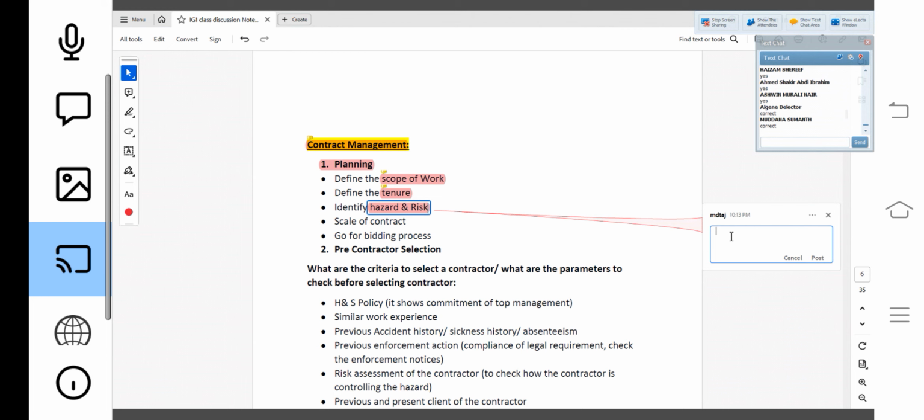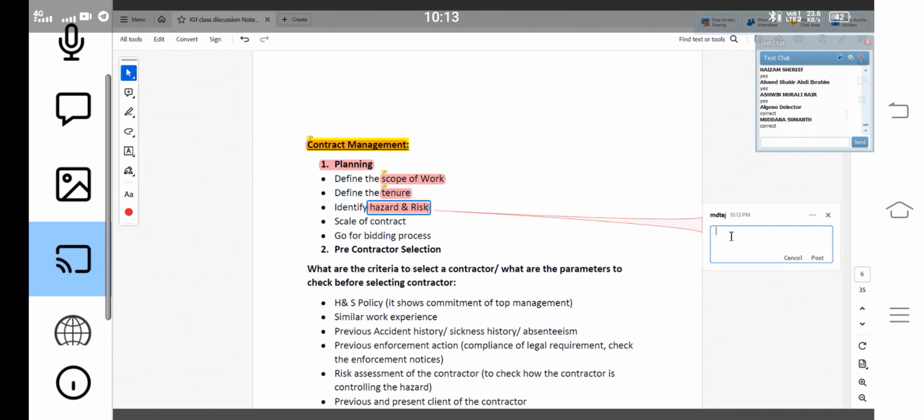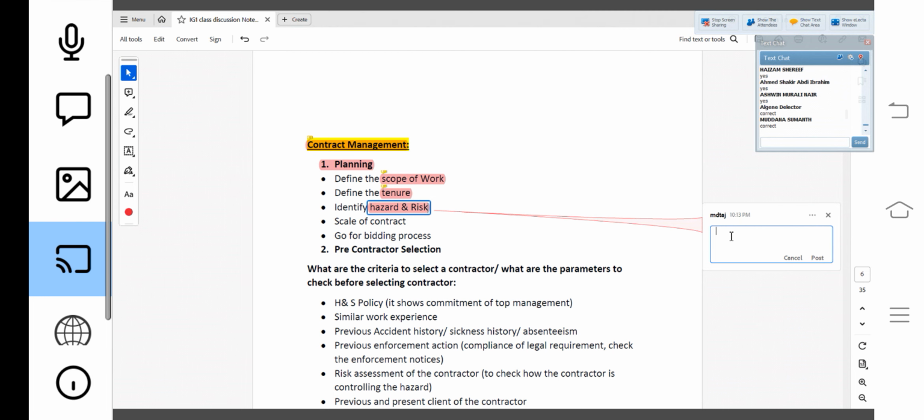Some of the hazards will be in my house itself, but most of the hazard will come along with them, correct? When they bring the scaffold or ladders or painting, chemical paints, right? Some thinners, some equipment they will bring. The workers will be skilled or not, so lots of things will be there, right? So some of the hazard and the risk will come along with them.